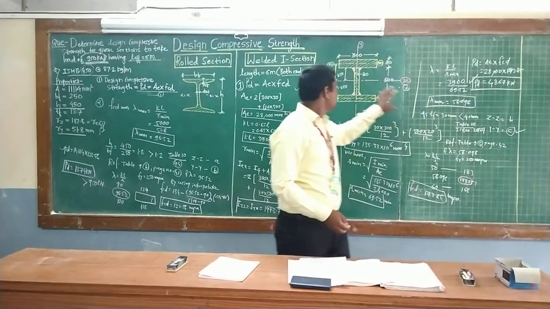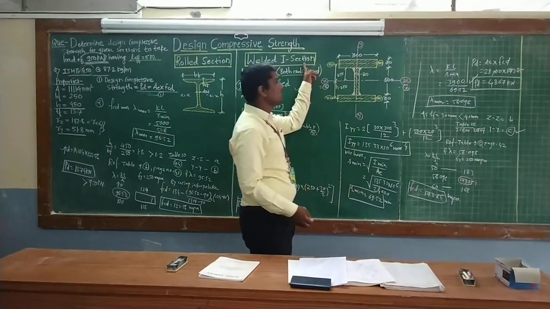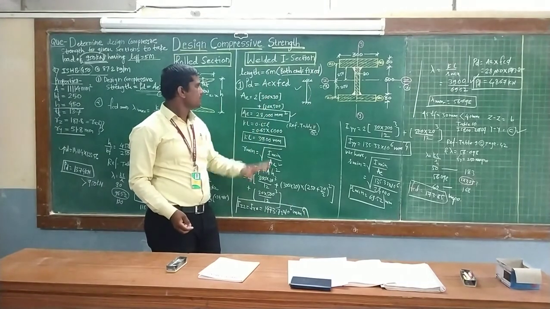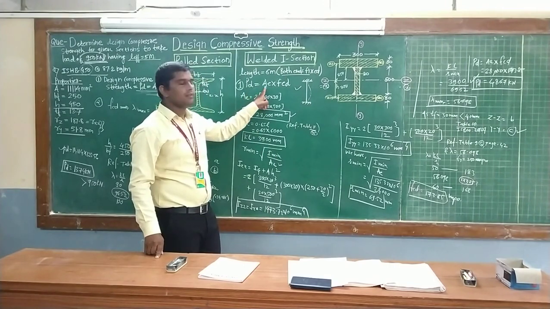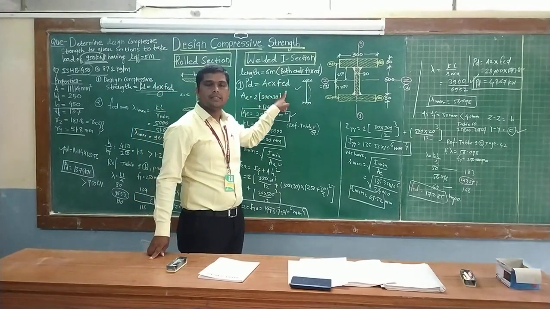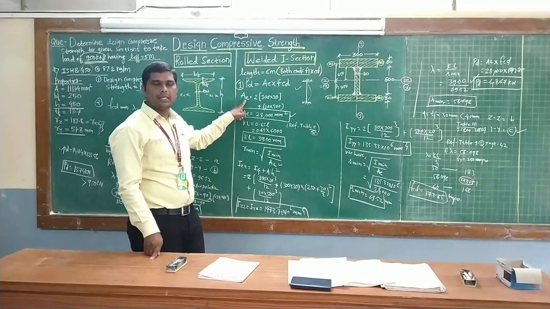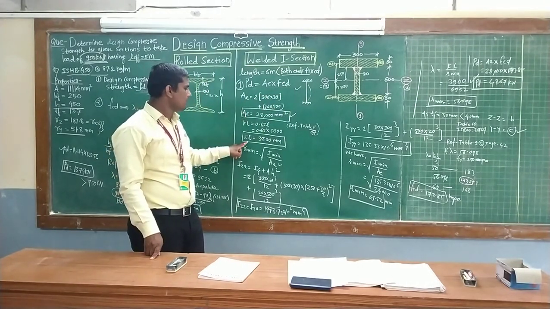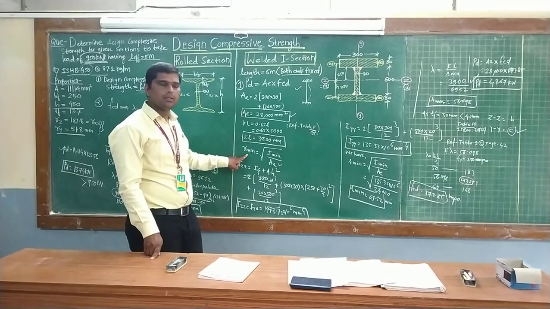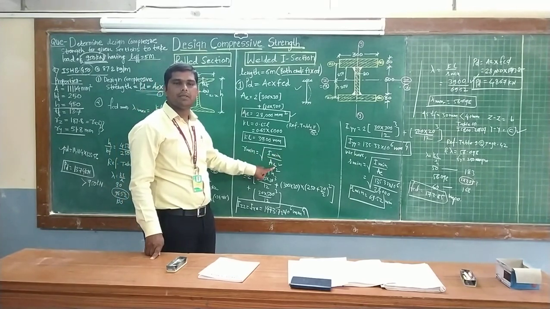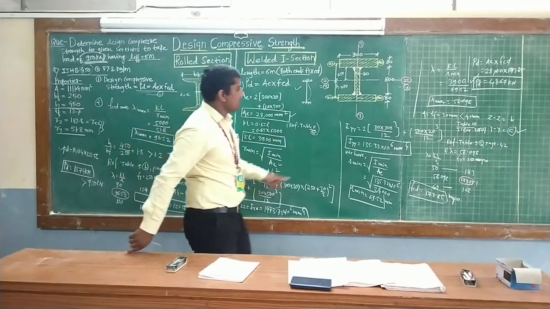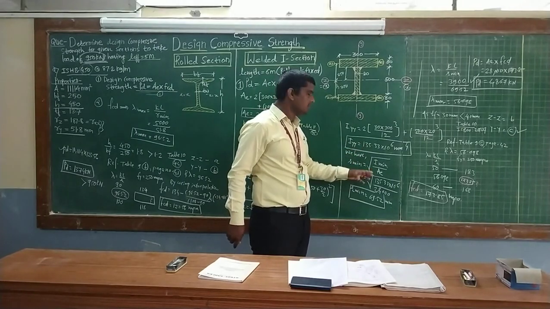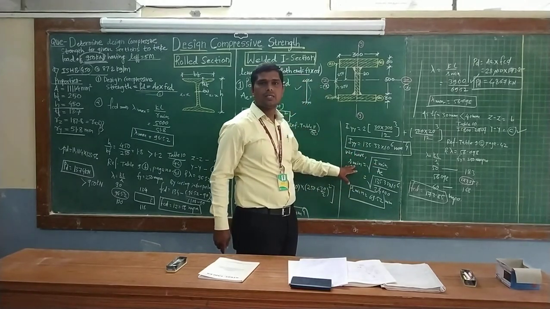So we have found this for the built up section using welding. These are the steps. First we are going to find the design compressive strength by using effective cross sectional area into design compressive stress. After determining the cross sectional area, we find the KL value, that is the effective length. Then find R minimum by using the square root of minimum moment of inertia divided by effective cross sectional area. Then find the moment of inertia about the Z axis and about the y axis. Out of these, whichever is minimum, from that we find the R minimum.